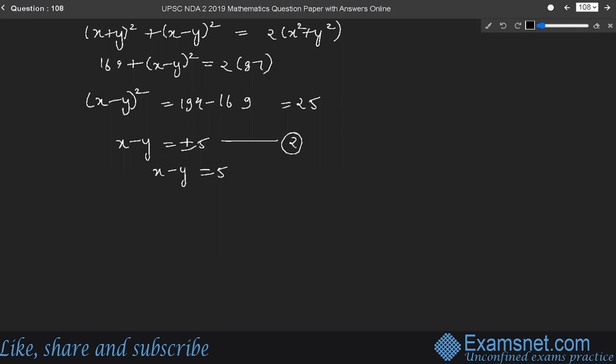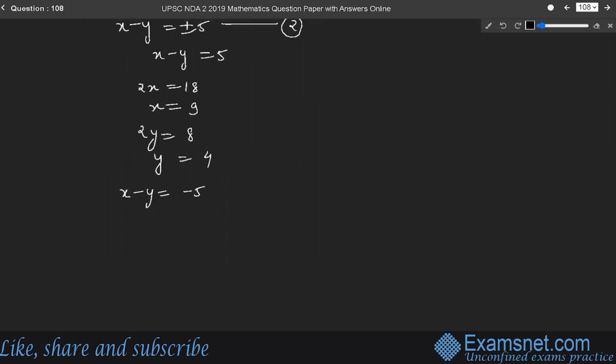Therefore, 2x is equal to 18. So, x will be equal to 9. And 2y is equal to 8. So, y will be equal to 4. So, the points are 9, comma 4. Now, if x minus y is equal to minus 5 and 2x is equal to 8, then